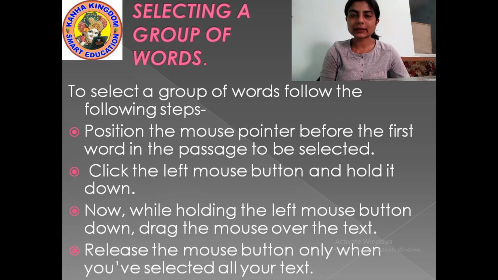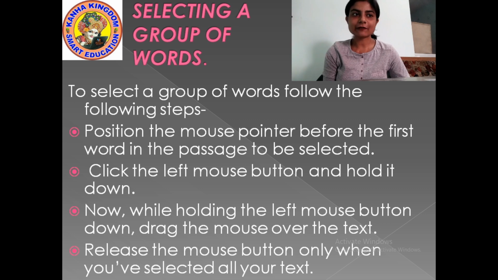First you will bring the cursor to the beginning of the text, the first word of the text. After that you will click the left mouse button once and drag along the text.